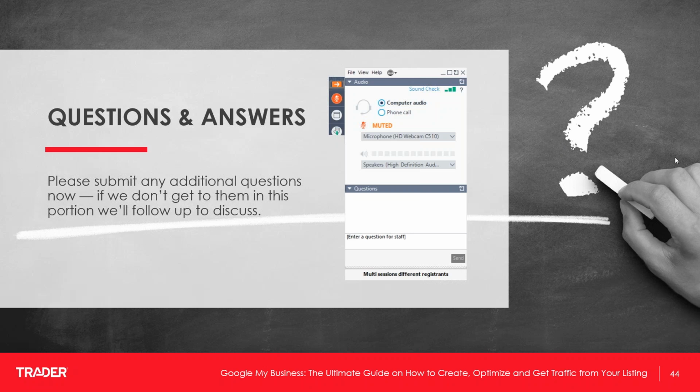There's another question here. Do you know if a feed can be set up to list inventory products on Google My Business, or does this need to be manual? So Google My Business does not allow for a product feed today, but there are third-party tools to do this.